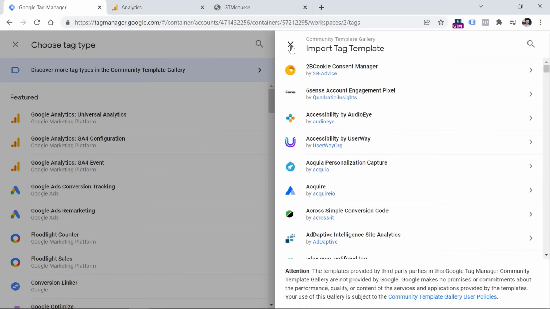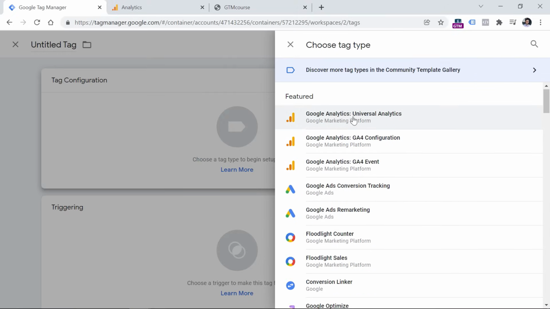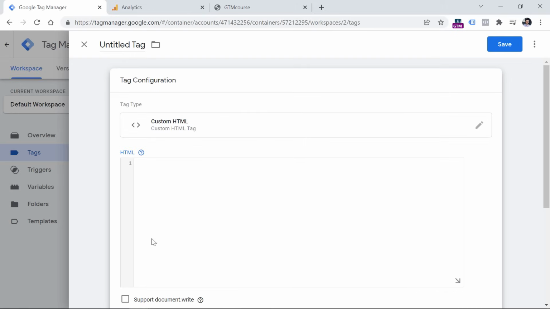But if for some reason you cannot find a template for a tool that you want to install, and you cannot find it neither in the template gallery or the built-in template section, then you can use a template called custom HTML. You can select this tag right here, and then you can just paste JavaScript right here. Of course, that JavaScript should be surrounded by these tags, because in HTML, when you add JavaScript, it must be surrounded by script tags. And that was a quick overview of how to install your first tag with Google Tag